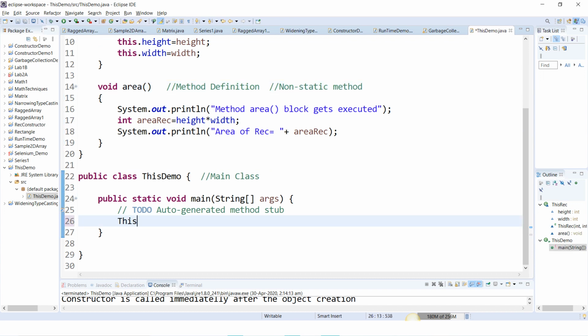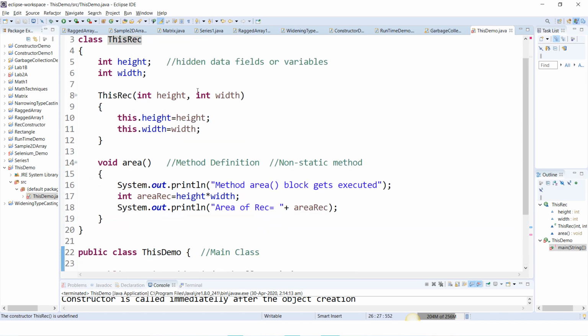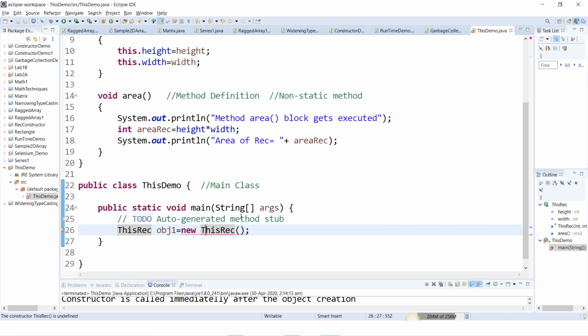How do you create the object? Class name, obj1 is equal to new ThisRect. Now we have to pass some parameters, which is why it is showing an error. Read the error: the constructor ThisRect is undefined.